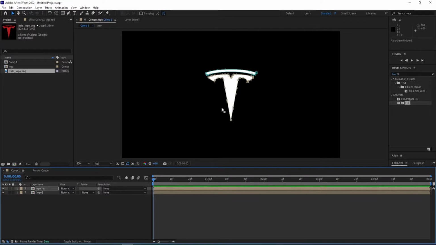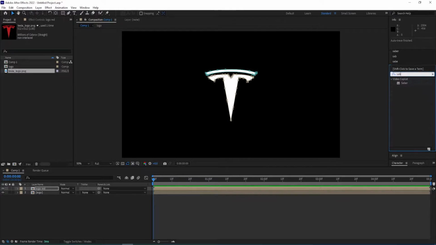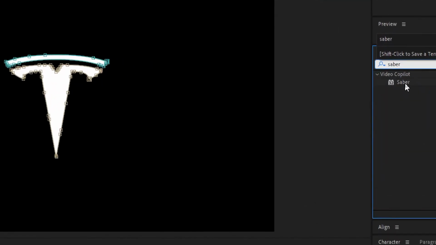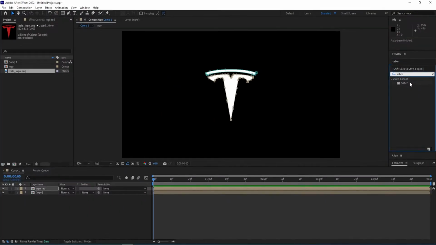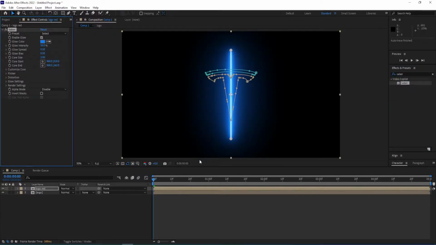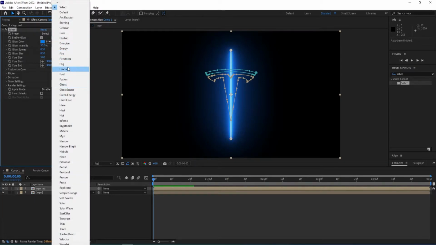So now I'll go to effects and presets and type in Saber. So this one is a free plugin. You can just type it in on Google and then you will find a free download for it. So I'll double click on it while having this layer selected, logo red, and then I change the preset to